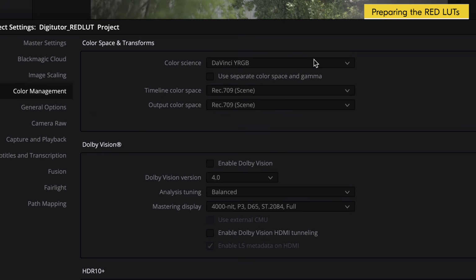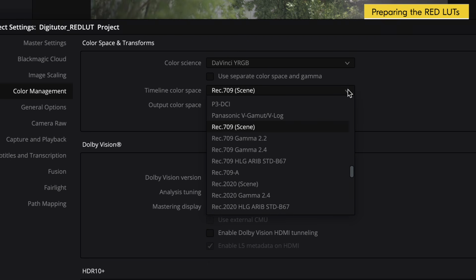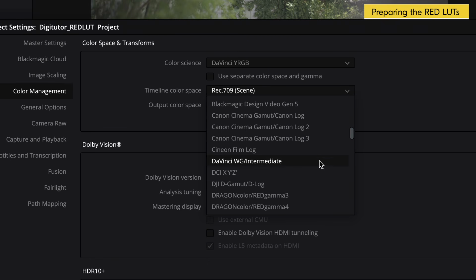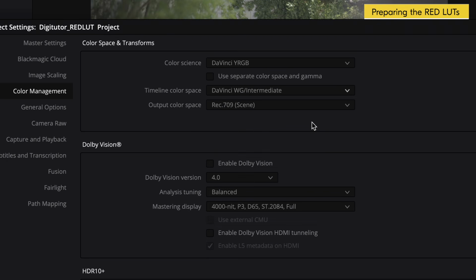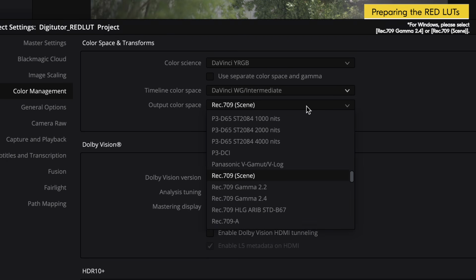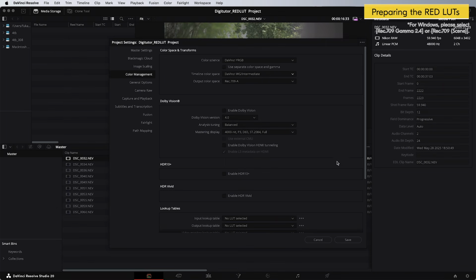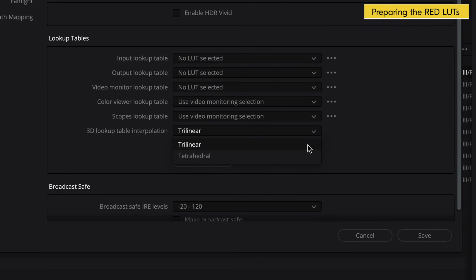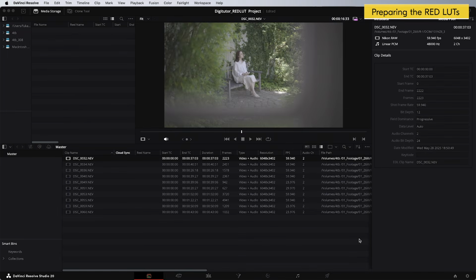Set Color Science to DaVinci YRGB, Timeline Color Space to DaVinci WG Intermediate, and Output Color Space to Rec. 709-A. Select Tetrahedral for 3D lookup table interpolation and save the settings. That's all for the project settings.